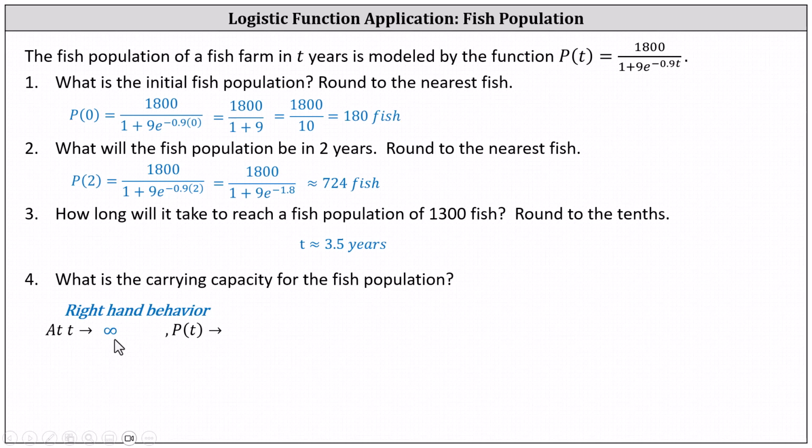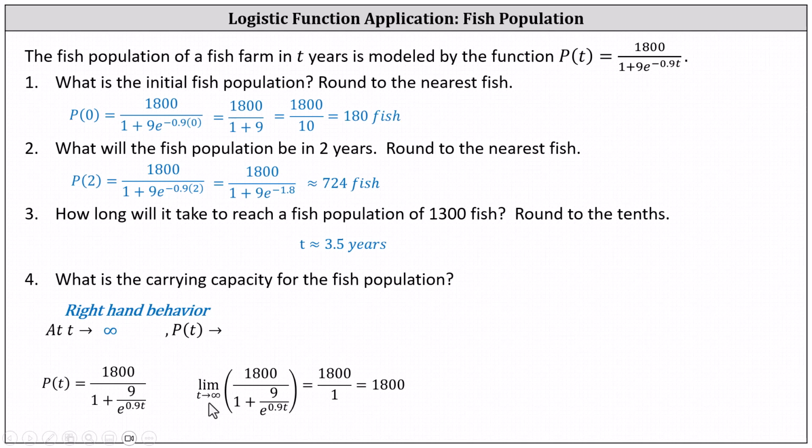To do this, it'll be helpful to rewrite e to the power of negative 0.9t using a positive exponent. 9 times e to the power of negative 0.9t is equivalent to 9 divided by e to the power of positive 0.9t. Another way to express the right-hand behavior is to write this as a limit, meaning the limit as t approaches infinity of P of t. And notice as t approaches infinity, 9 divided by e to the power of 0.9t approaches 0 because the numerator is the constant 9 and the denominator increases without bound,